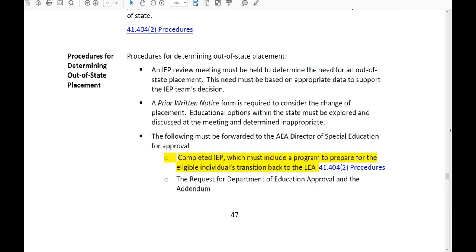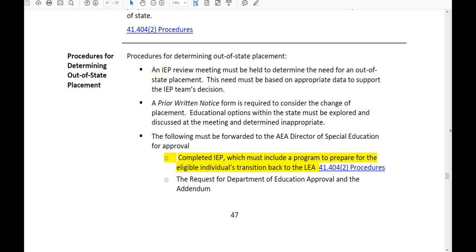A few sections regarding special placements had some modifications in the release notes. Just one note here for out-of-state placements. We know that while it's rare, within our AEA we have a smaller number of students who have out-of-state placements for different reasons in special schools. Sometimes a special school is near the border of the state. One highlight here we're going to cover, but as a quick review here,